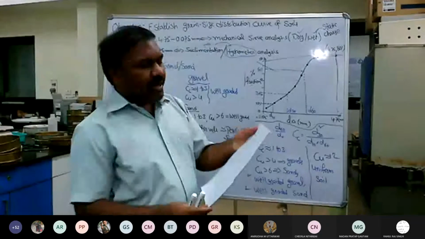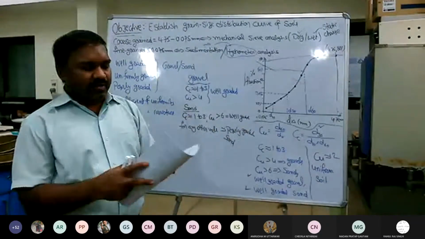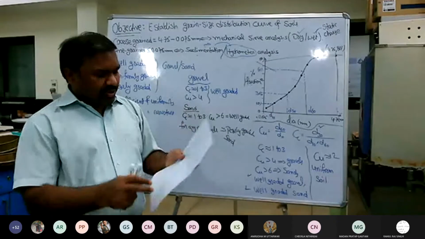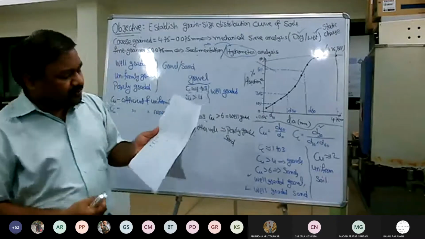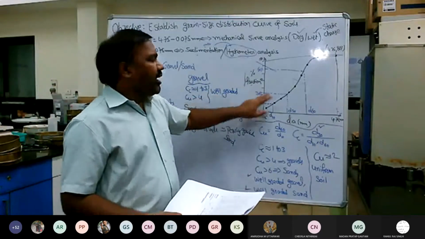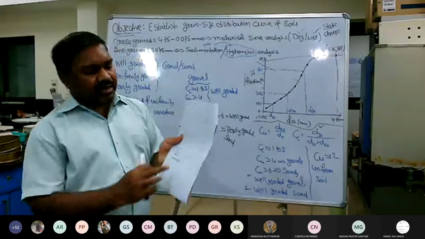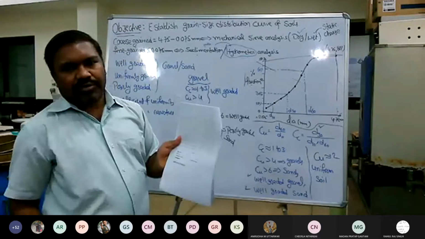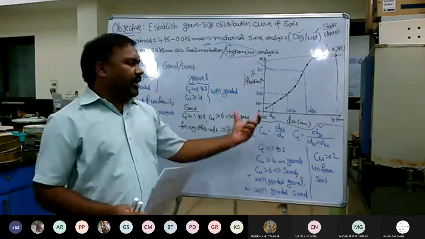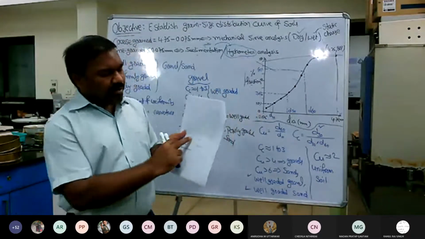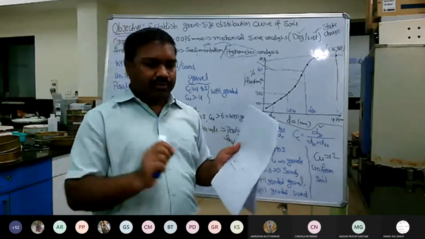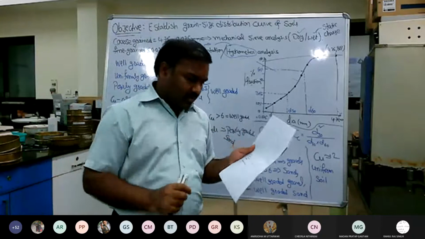So you can also look into your handout, so how to do the experimentation, everything has been given. And here you can see on the next page, graph has been given. So usually the y-axis is taken in the linear scale, while the x-axis is usually considered on the semi-log graph, because the particle size varies over a wider range. In order to accommodate this wider variation, we normally take the log graph on the x-axis, but not log values. Only the graph is the log.